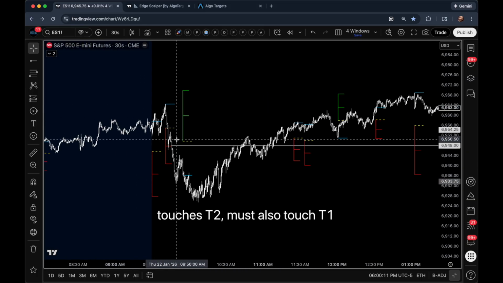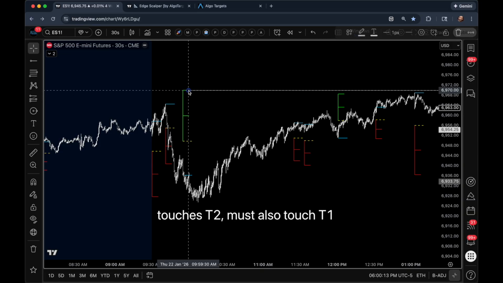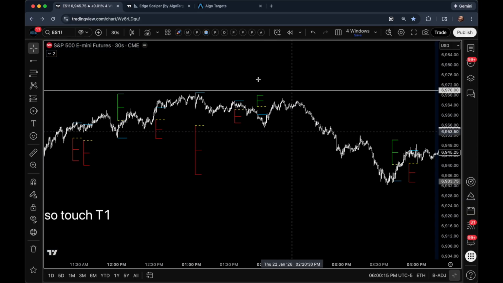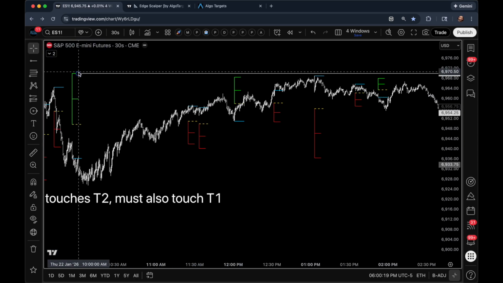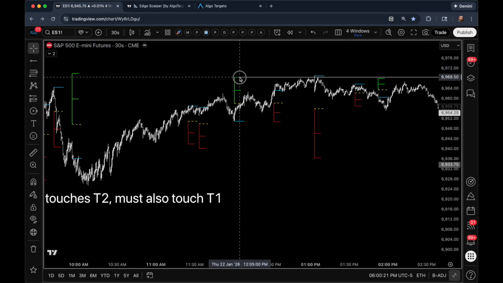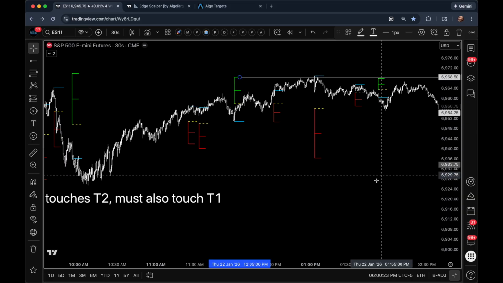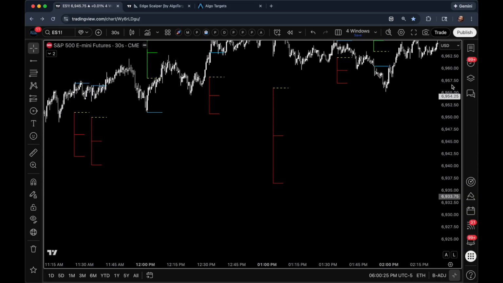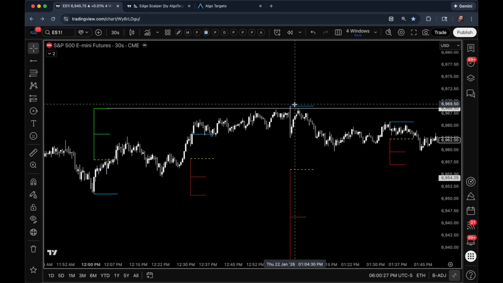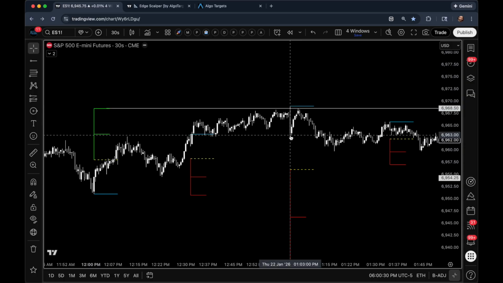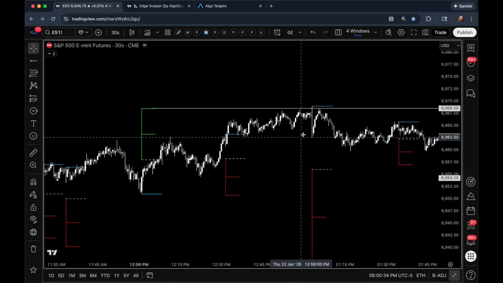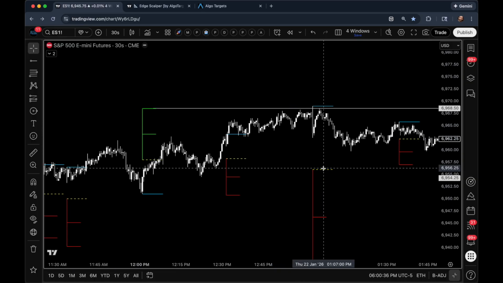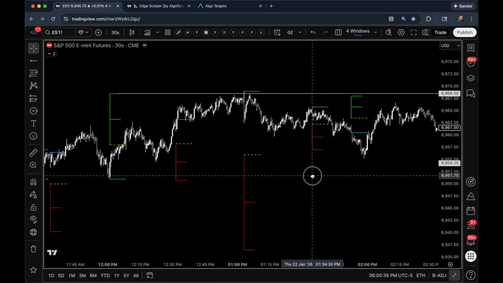Let's see if we came up here. So I'll put a line up here. We didn't get up there, so we'll ignore that one. But we did get to here. So we touched this one, and this reaction happened quickly. We touch it, and it pops right back down. Look at that. Now, it doesn't always happen that way, and that's not a great position to take if you're looking